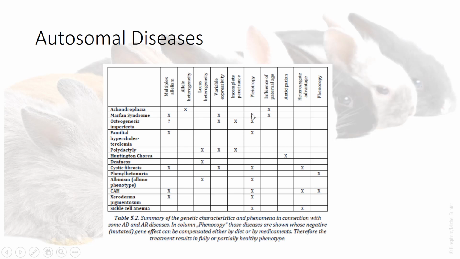One, pleiotropy, where you've got a single gene resulting in a number of different phenotypes. You can see that pleiotropy is really common in these monogenic genetic illnesses. Another one that's really common is multiple allelism, where you have multiple mutant alleles for the same gene. And so